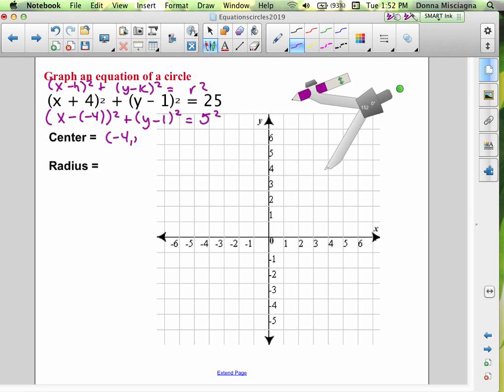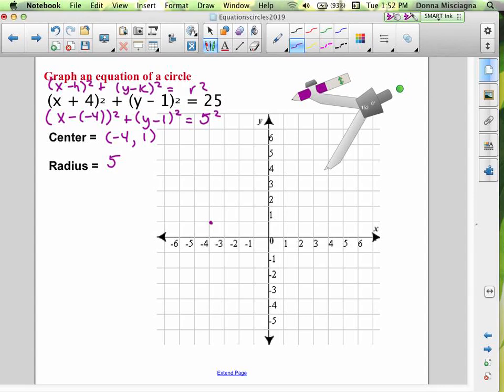So when you see a plus, just know that that's going to be a negative. Right? Because we have minus and negative. Oops, there goes my purple. So negative 4, 1 is the center. The radius is 5. So we'll graph the point negative 4, positive 1, and then we'll count in the four